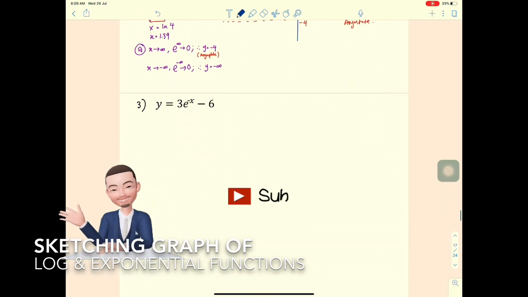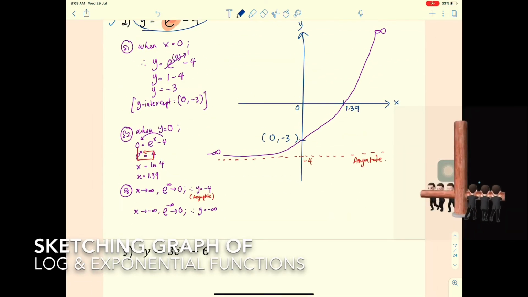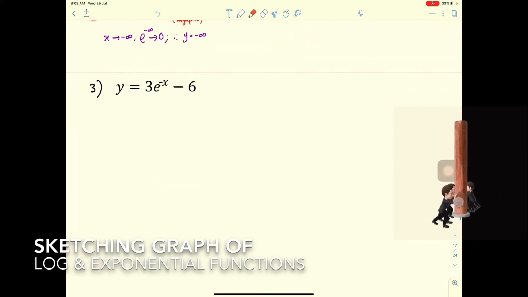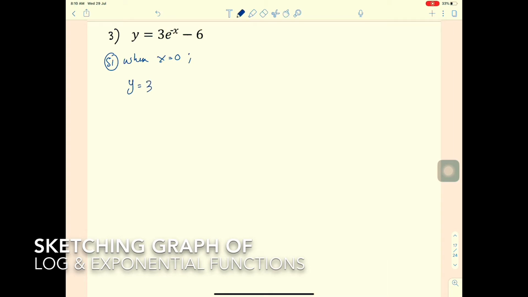And then number 3, y equals 3e^(-x) minus 6. As well, we just follow step 1, step 2 and step 3. So step 1, when x equals 0, we get y equals 3e^(-0) minus 6. Because e^(-0), or e^0, equals 1, y equals 3 minus 6, y equals negative 3. So this is the y-intercept, or the coordinate (0, -3). And then step 2,